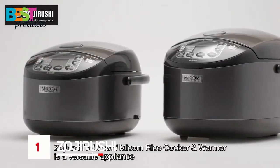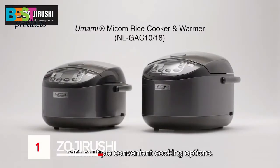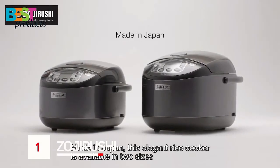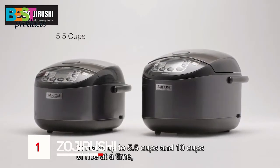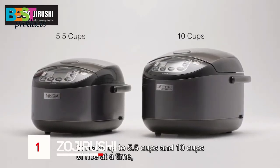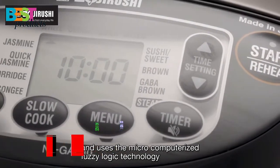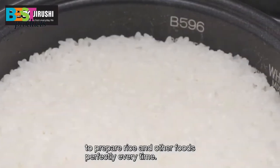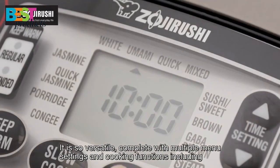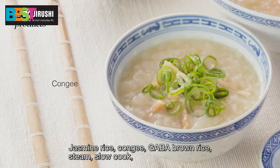Zojirushi's Umami Micom rice cooker and warmer is a versatile appliance with multiple convenient cooking options. Made in Japan, this elegant rice cooker is available in 2 sizes to make up to 5.5 cups and 10 cups of rice at a time, and uses the micro-computerized fuzzy logic technology to prepare rice and other foods perfectly every time. It is so versatile, complete with multiple menu settings and cooking functions, including jasmine rice, congee, GABA brown